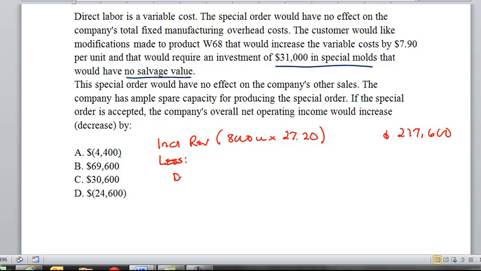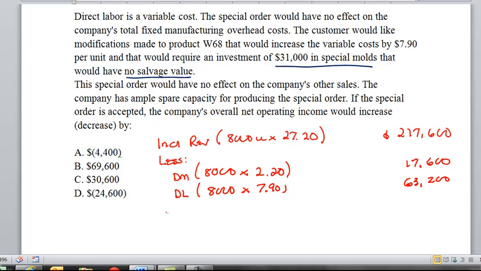My direct material is going to be a cost of 8,000 units times its cost per unit of $2.20. So that's 17,600. My direct labor for the 8,000 units is at a cost of $7.90 for a total of